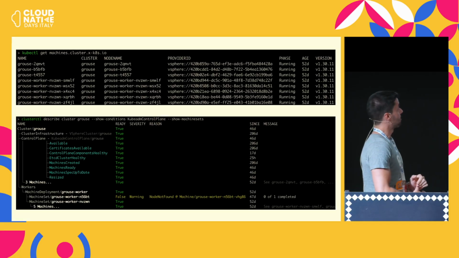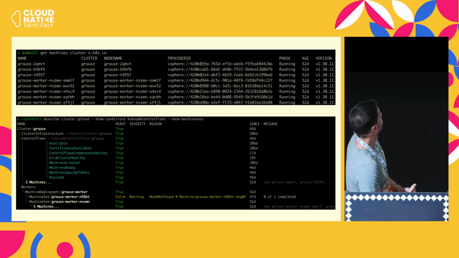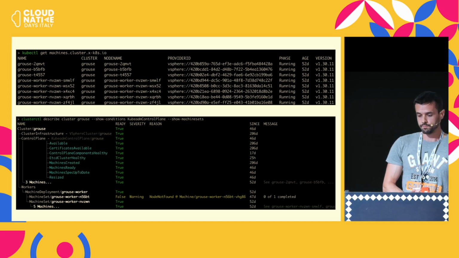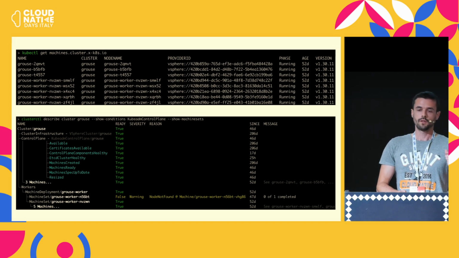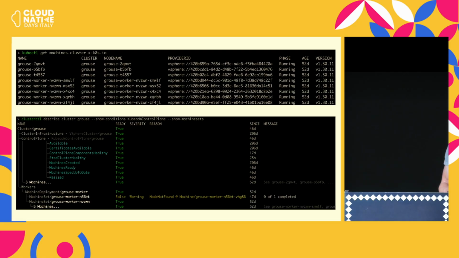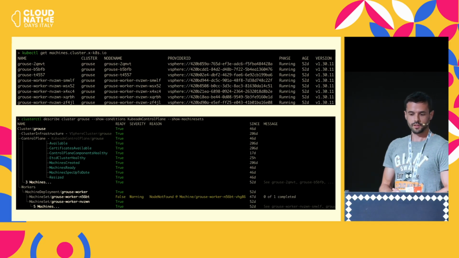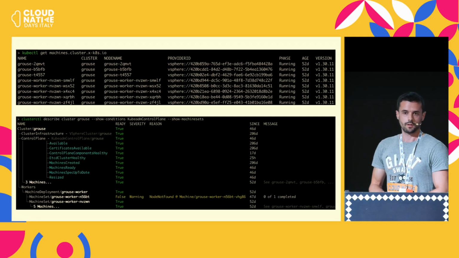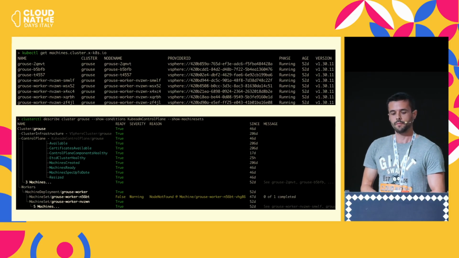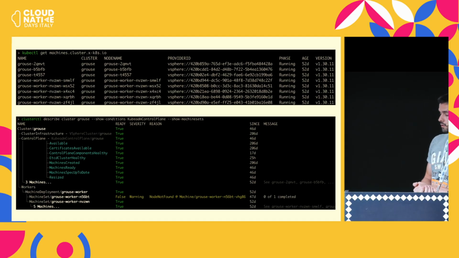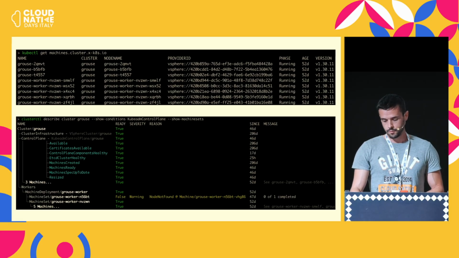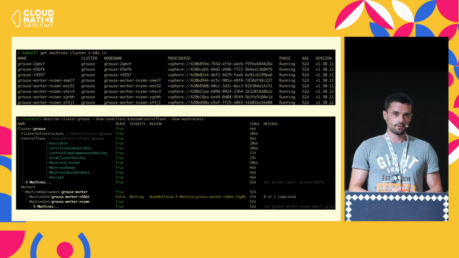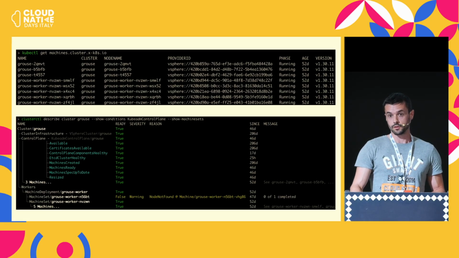And this is what it looks like pretty much. At the top, you have the machine CRs that define our cluster. So we see the 3 control plane nodes at the top, and then our machine deployment with 5 workers. This one, Grouse, is one of our management clusters that we use for end-to-end tests. You can see the status of each node, the version they are running, and get a whole bunch of other information. At the bottom, we have clusterctl, which is a Cluster API CLI provided by the project, where you can see some specifics about your Cluster API provisioned cluster.